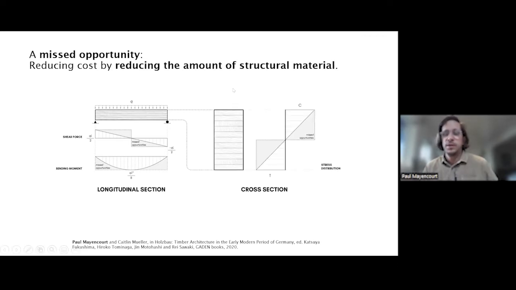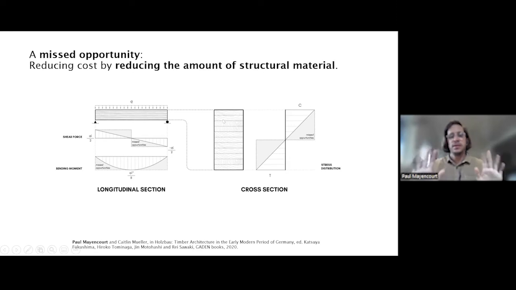The other missed opportunity is in the section. If you were to compare this to an I-beam that maybe people are more familiar with, the I-beam will have material at top and bottom and a very thin element connecting the two. This is a very efficient way of using material to maximize its strength for the amount of material that you have. And if you look at how we build glulam, something that we've been using for years, the sections have been really unrefined in many ways. There's also about half of the material that's underutilized in the section in the way we utilize this.